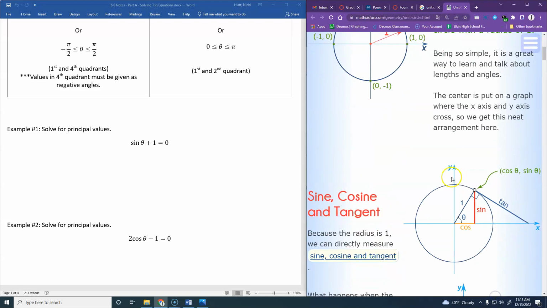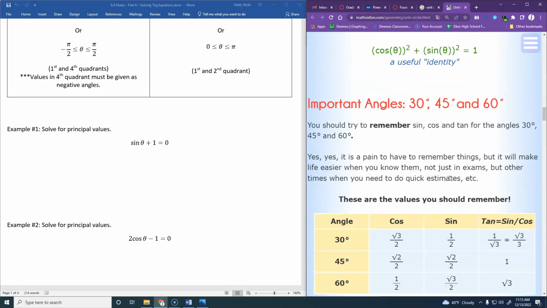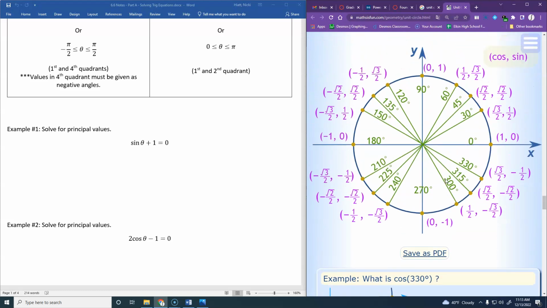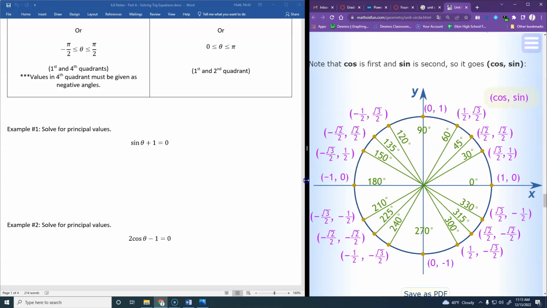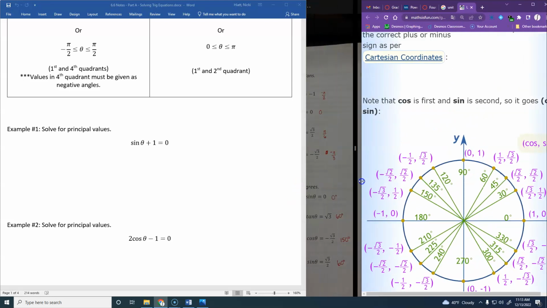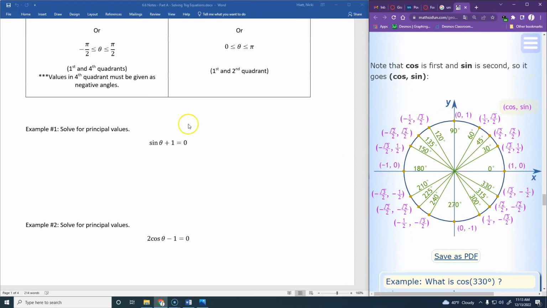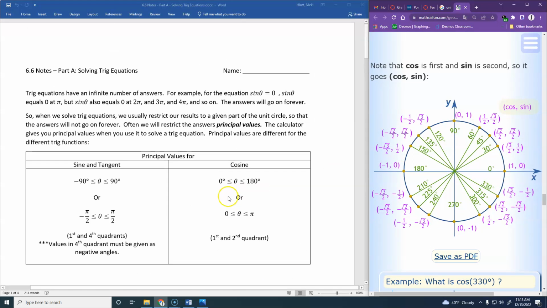Oh, good gracious, where they put the unit circle itself. There we go. All right, so I'm going to pull this up so I can point out places on the unit circle. But I encourage you, whenever you're doing this,